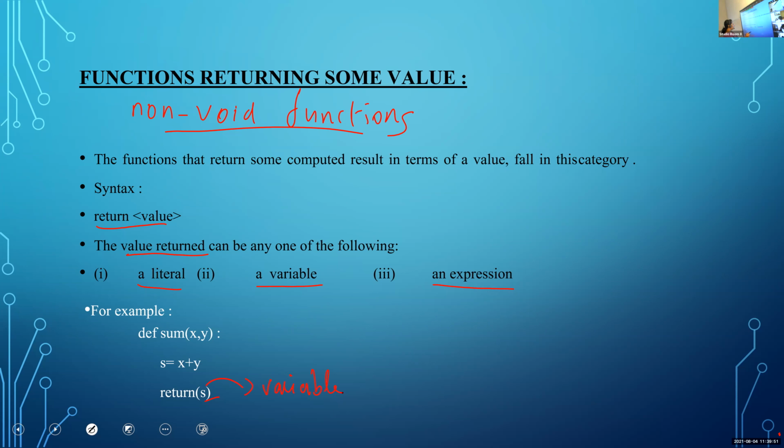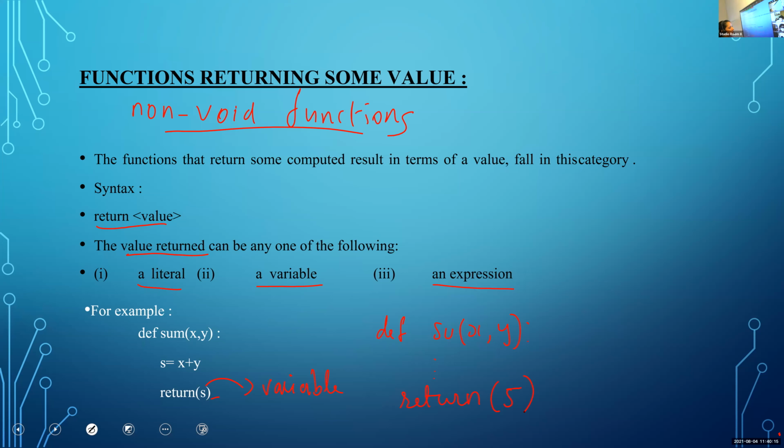Then I will give one example for literal. Return 5. This is an example for literal. Return literal. Here 5 is the constant value.